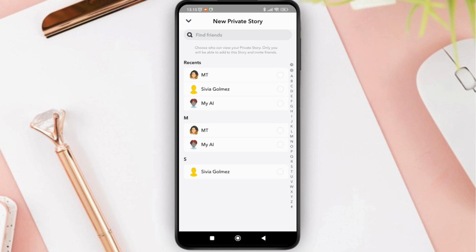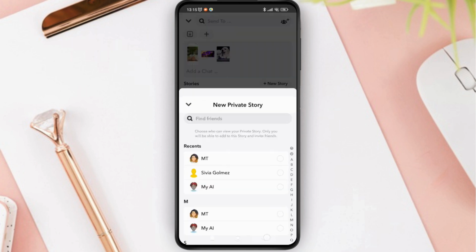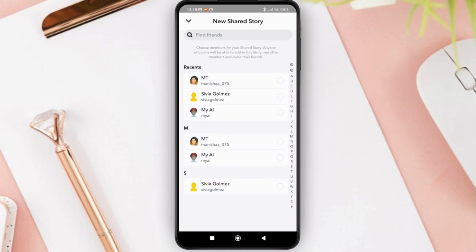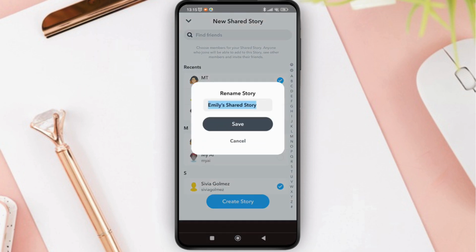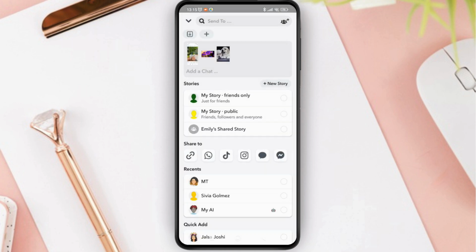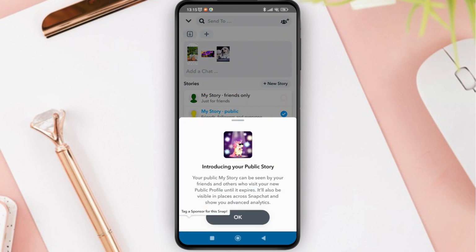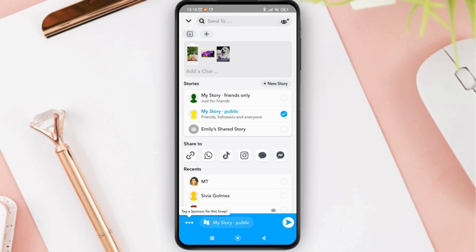So if you want to share the story to public, you're going to select on the option of story for public that you can see over here. So you can share the story on my story public, so your friends, followers and everyone will be able to watch your story. So just share this, tap on send,